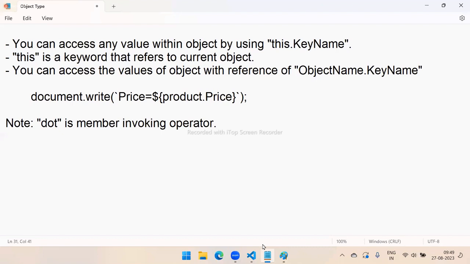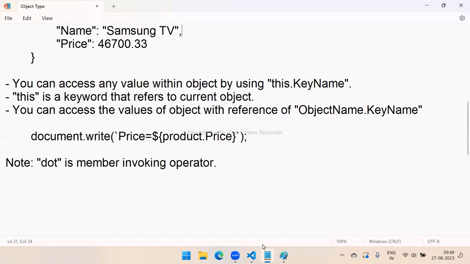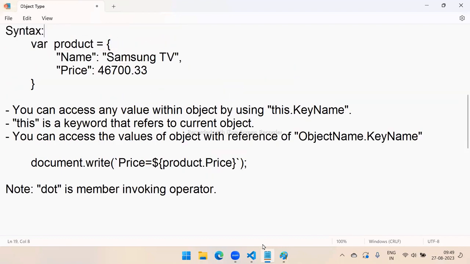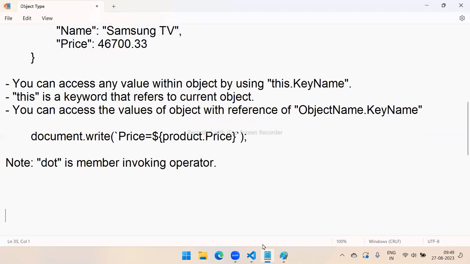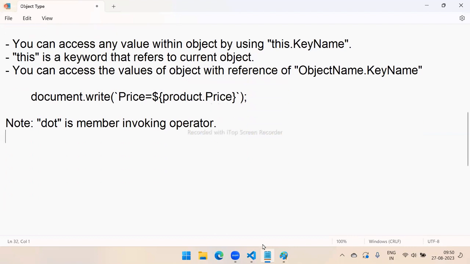Member invoking operator. Yeah. So this is the basics of creating an object and accessing an object. Here, how to manage the data? See,